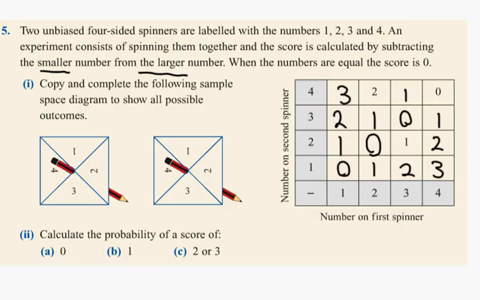Okay. Look at it, right? The first one is 2 take away 1, which is 1. The next one is 2 take away 2, which is 0. The next one after that is 3 take away 2, which is 1. And 4 take away 2, do you get it? Okay, now,